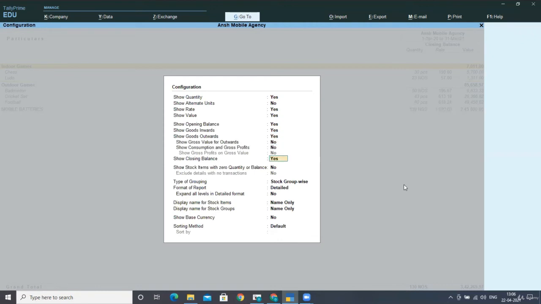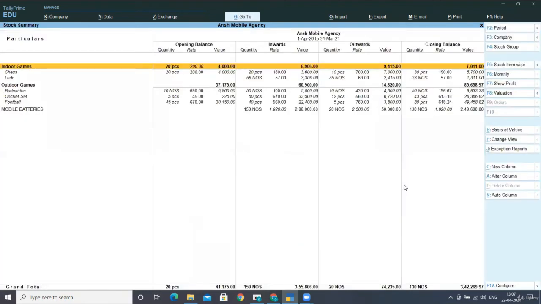Show closing balances. Yes. Do you want to show stock items with zero quantity or zero balances? Yes, I want to see that stock as well in my stock summary. After this, just accept the screen by pressing Ctrl A. Now, when you press Ctrl A over here, you can see your stock summary has changed